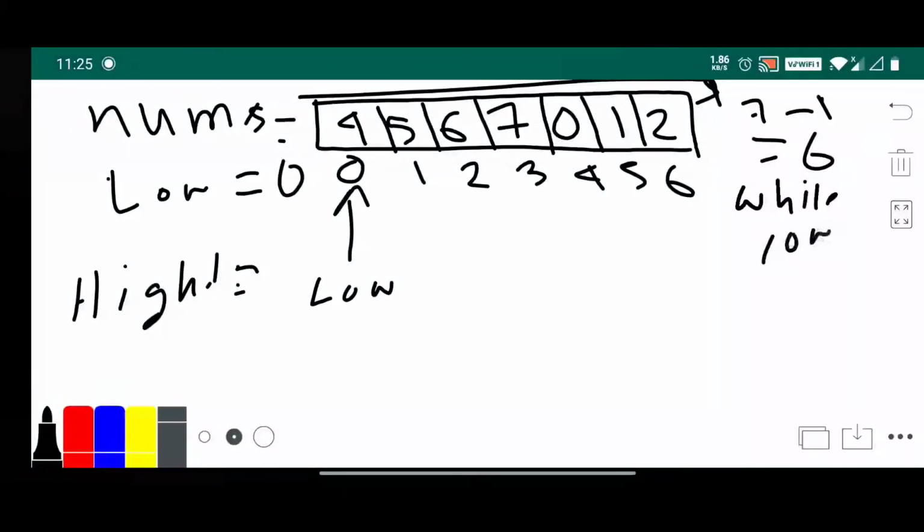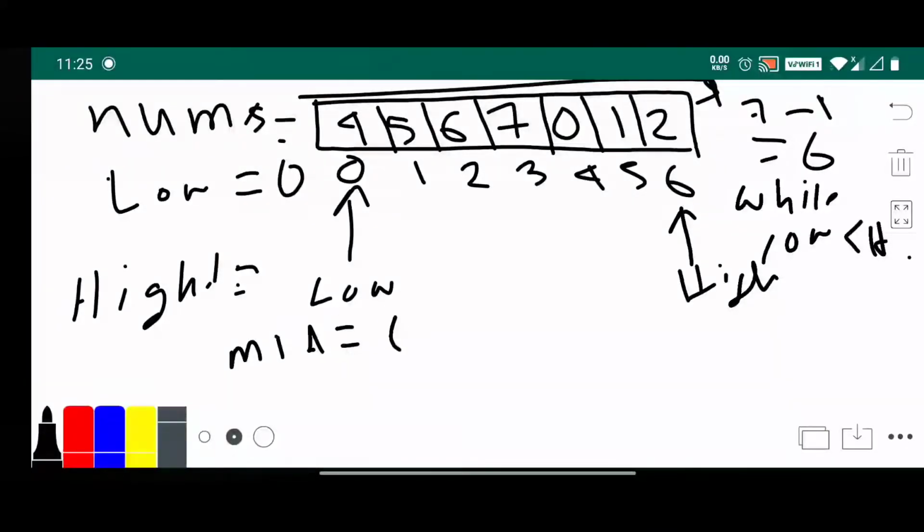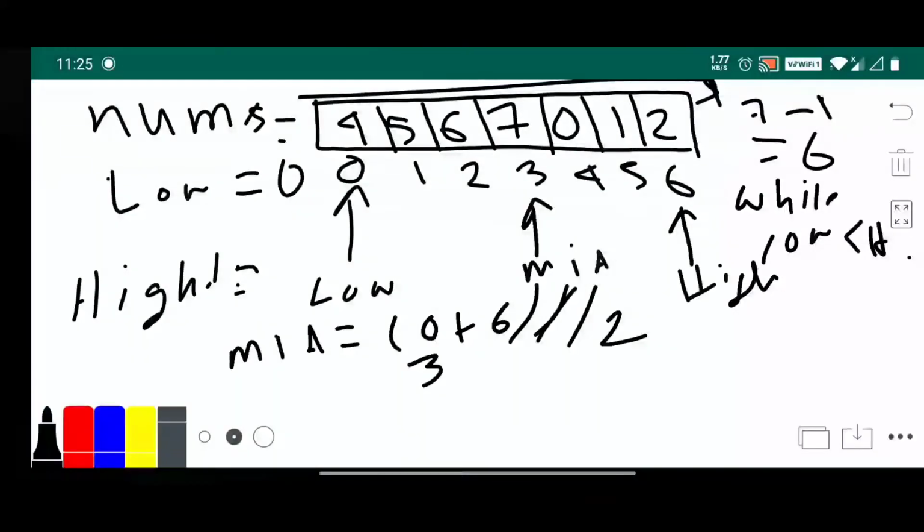So we check while low is lesser than or equal to high, and now mid equals low plus high by 2, which is 0 plus 6 by 2, which is 3.